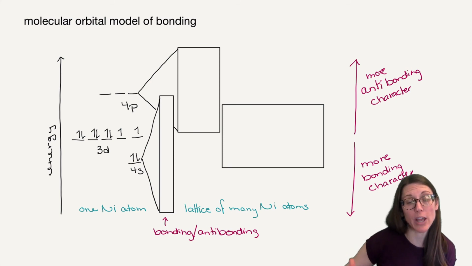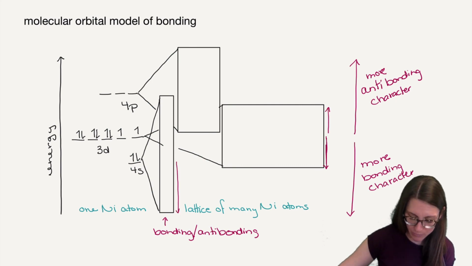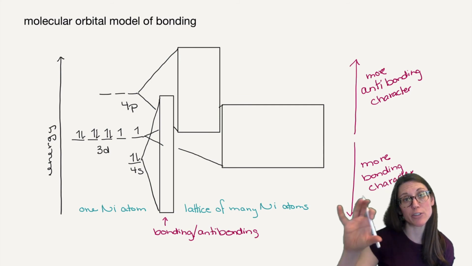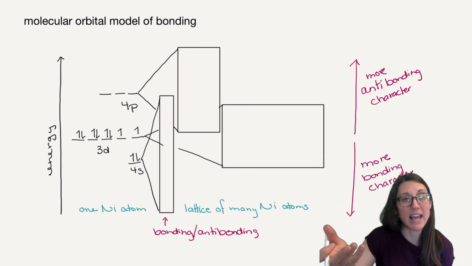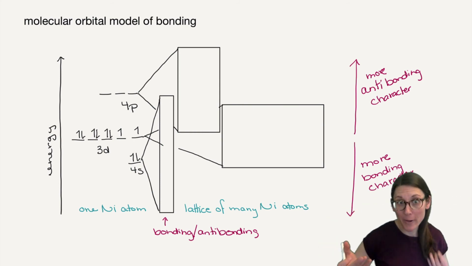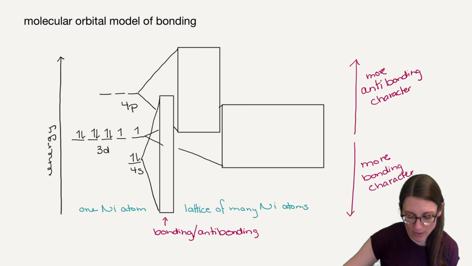And you also get those 3d orbitals overlapping. Half of them are going to be bonding in character, half of them are going to be anti-bonding in character. So you have all of these molecular orbitals that are available for filling. These highest energy level orbitals are all going to take their electrons and dump them into all of these available molecular orbitals. We're going to fill from the bottom up, just like we always do with all of our